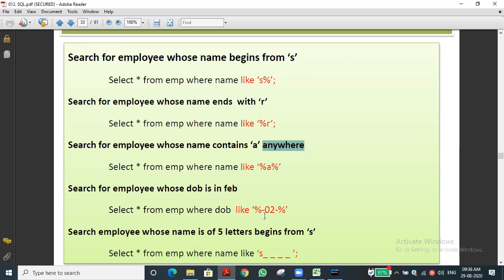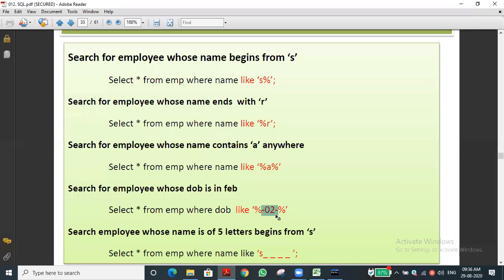Let me see this. For example, hyphen 02 hyphen. Where is this found? It is very similar. Here we were finding A anywhere in the name. Here, -02-, definitely it will be in the middle only, because that is the format.